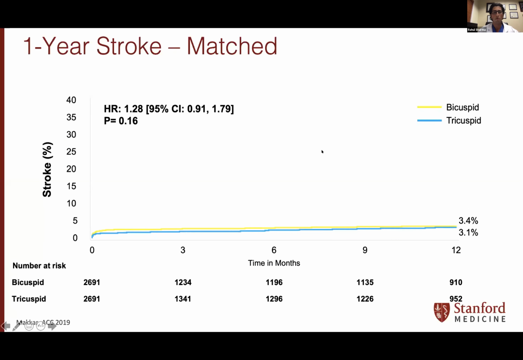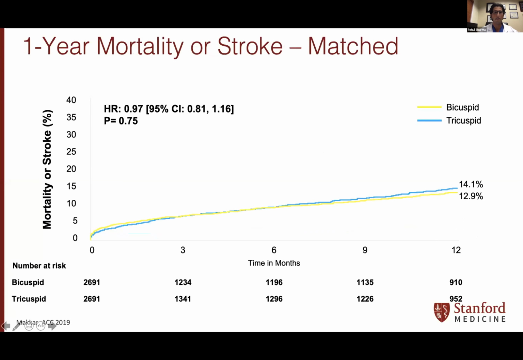I think it's also important to remember, though, that the caveat to this is that bicuspid patients tend to be selected in that the patients that we generally take to TAVR are those that are lower risk, whereas the high risk patients may go to surgery. So there's certainly a selection bias inherent simply in the patients who go to TAVR who have bicuspid valves. When you looked at mortality or stroke as an outcome, once again, the matched cohort demonstrated no significant difference between